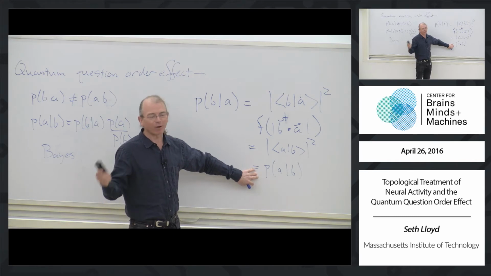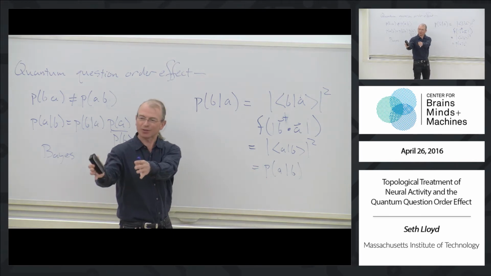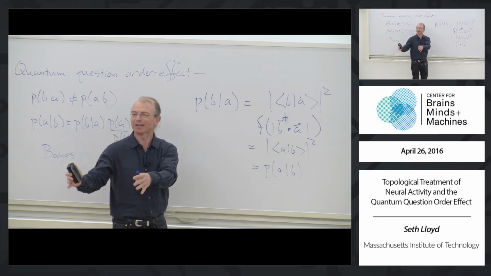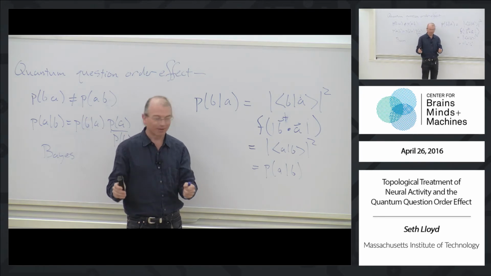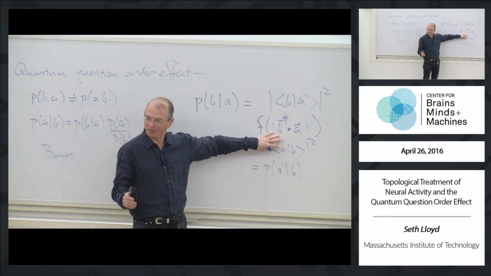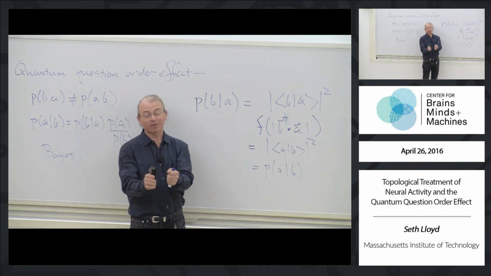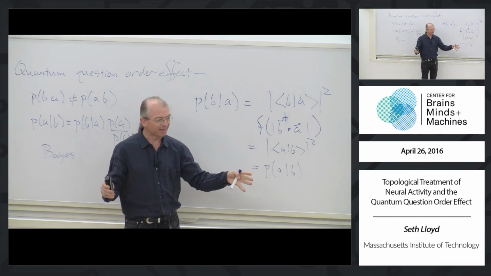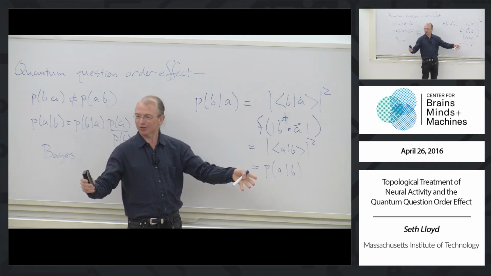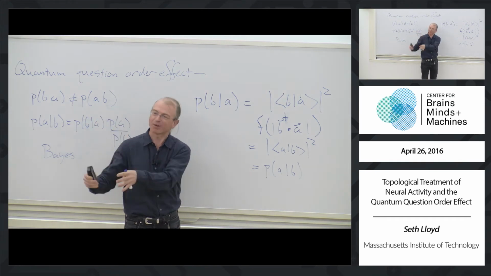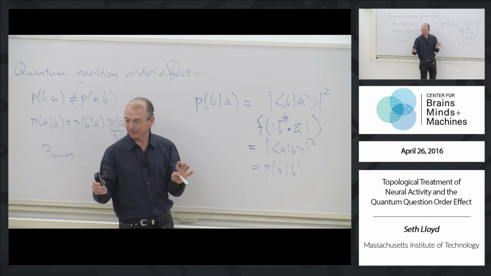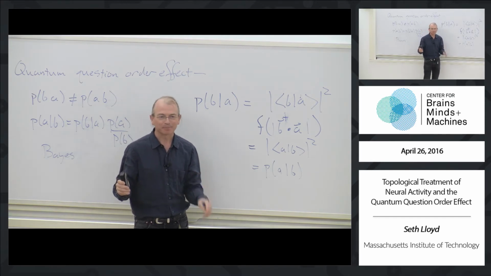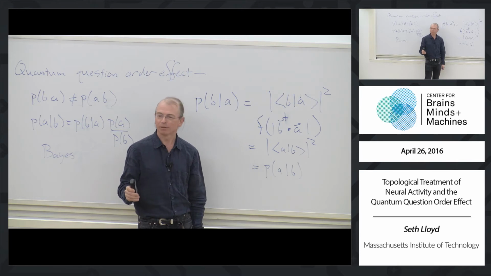So I agree that a question order effect is clear, just as you said. And I think I said a less articulate version of that a little earlier, that makes sense. But in addition, you need something more, which is that the probabilities in some sense obey this. The probability that if you're in brain state A, you go to brain state B when you ask the question that can have answer B, is the same as the probability that if you're in brain state B you go to A if you ask the question that corresponds to A, right? And when you ask the second question, it's now overlaid on that brain state they're already knocked into.